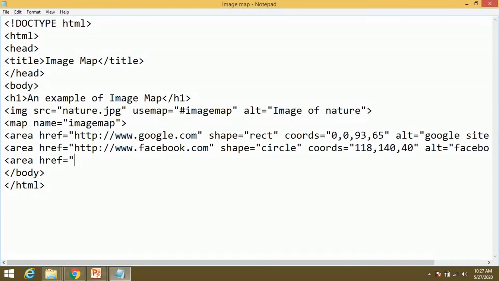We have seen the rectangle, we have seen the circle, and now we have to see the polygon. So http://www.youtube.com.